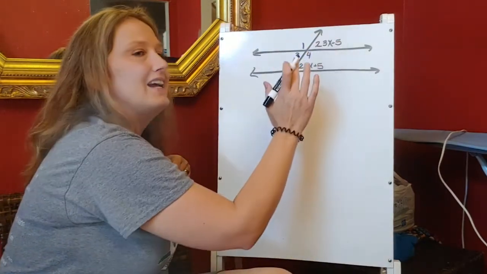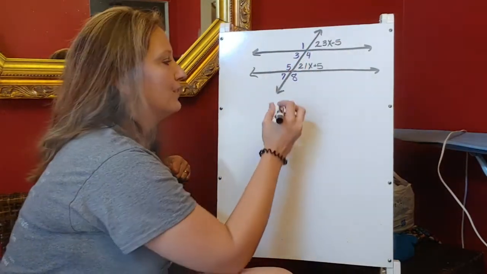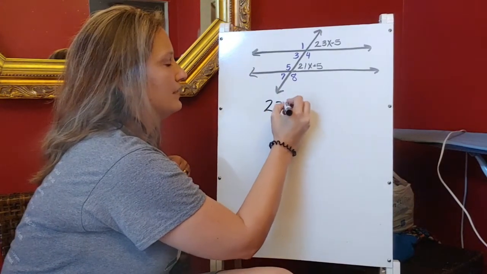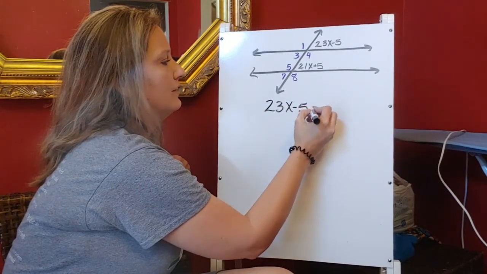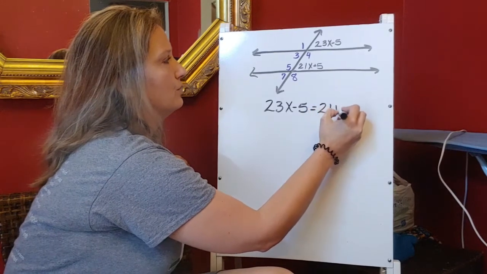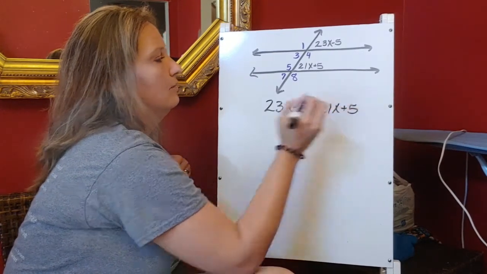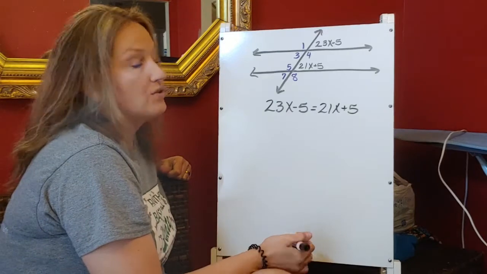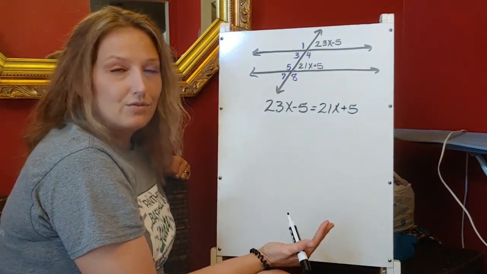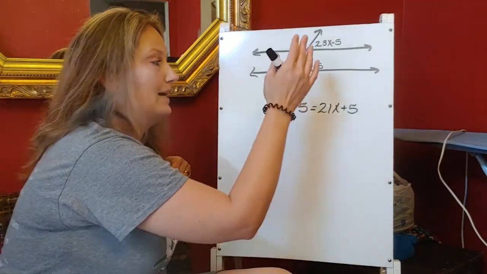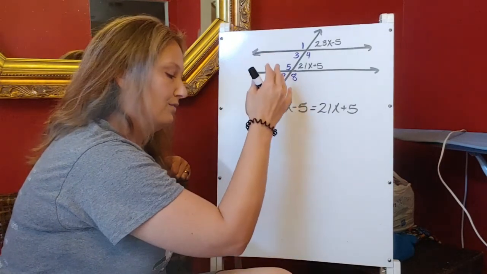So all I have to do is take these expressions and set them equal to one another. So 23x minus 5 is going to be equal to 21x plus 5. Once you have it like this, it's solving just a normal equation. I'm going to get all of my x's to one side. I'm going to get all of my